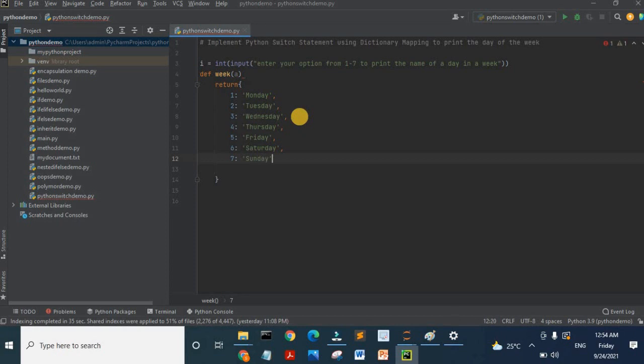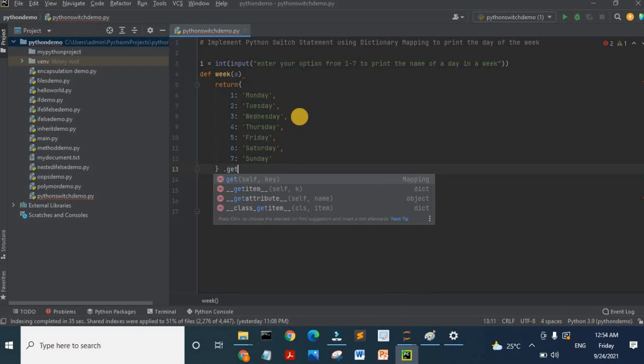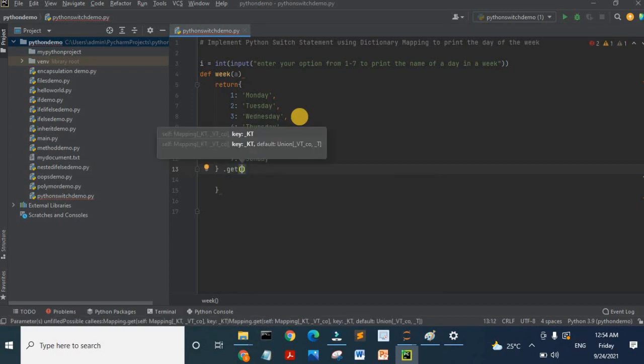Finally, I am returning the name based on the expression value inputted by the user. Ending this return method using get method of a comma default value, that is invalid day of the week.